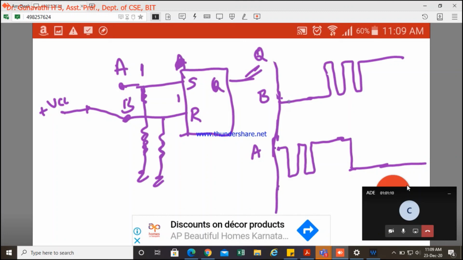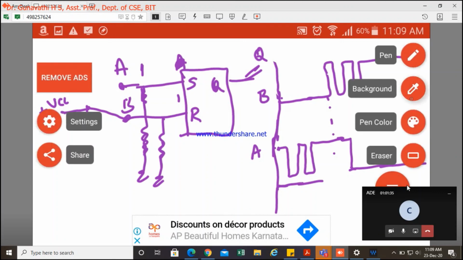Suppose what will happen in this case? Our output is 0 and 1. It was set here. 0 0 no change, so it retains here. So 0 1 no change. So at this particular instance of time, both are 1 1. It will become forbidden. I would not have written 1 1 here because it violates the rules.